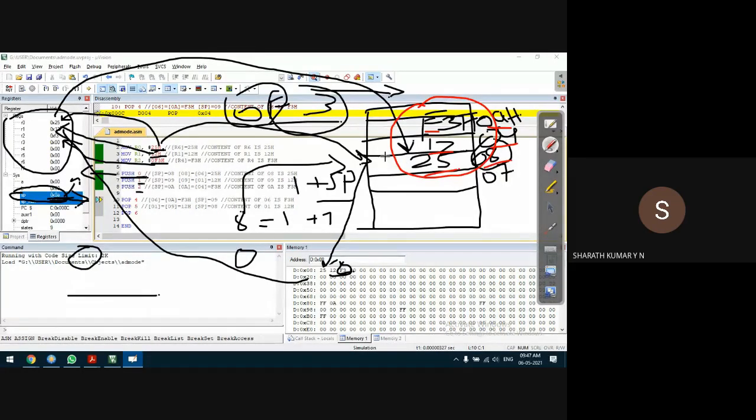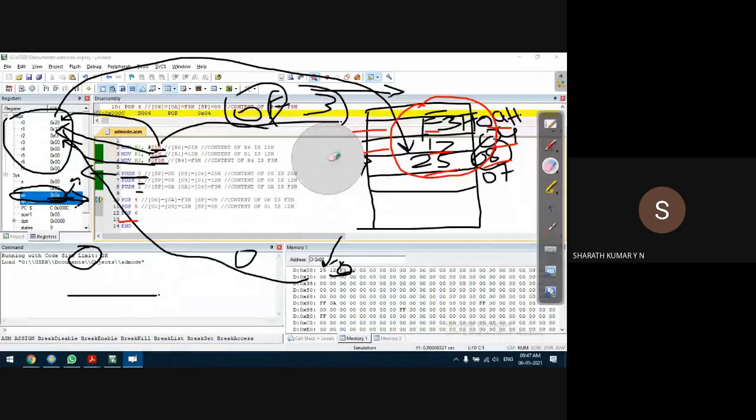What we do in the next 3 lines of our code is retrieve this data into registers R4, R5, and R6. Let me erase this; it was just for our discussion purposes. The content of 0AH, which is the top of the stack memory, will be copied into register R4, 09H will be copied into register R5, and 08H will be copied into register R6.